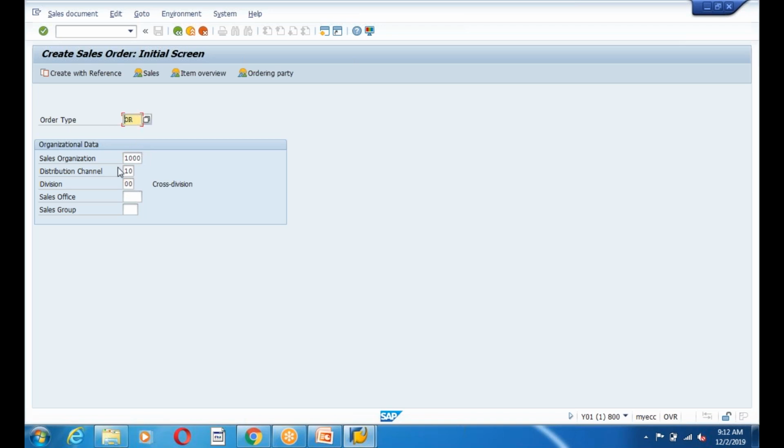See guys, these are all master data. The order type is all configuration, and the sales organization 1000, distribution channel 10, division 00 all come under configuration and customization, where we set up the data. Suppose I'm going to set up a sales organization for Hyderabad, right? Maybe I'll do it like this, SHYD. This is my Hyderabad sales organization, which we are going to configure in the system.